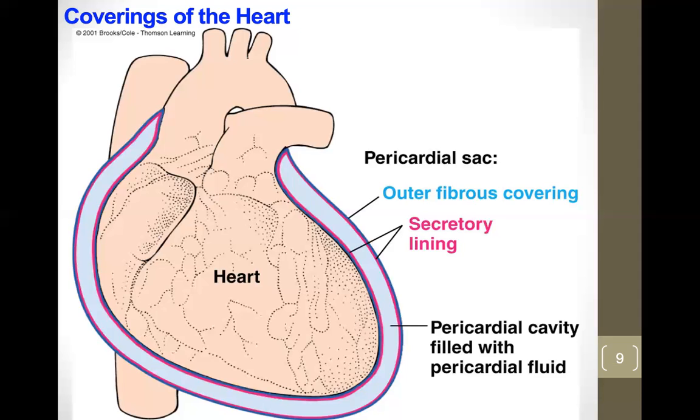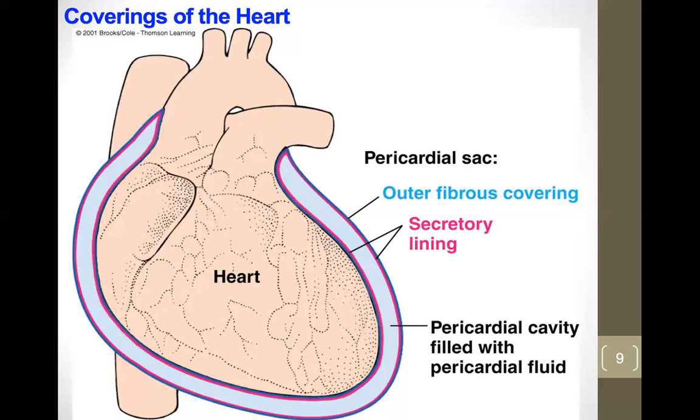But with it still being closed at the top of the Ziploc bag, if you were to try and take each side of the Ziploc bag and try to just pull it from the middle, it's going to be suctioned together so that the two sides are remaining together because of that fluid that is inside of it. That's the same way that this lining works around the heart, where we are secreting a fluid that is filling